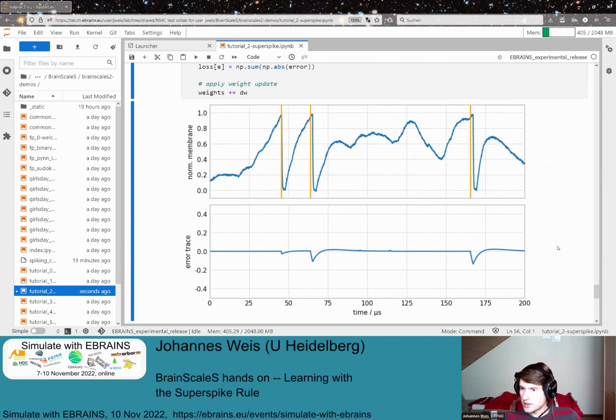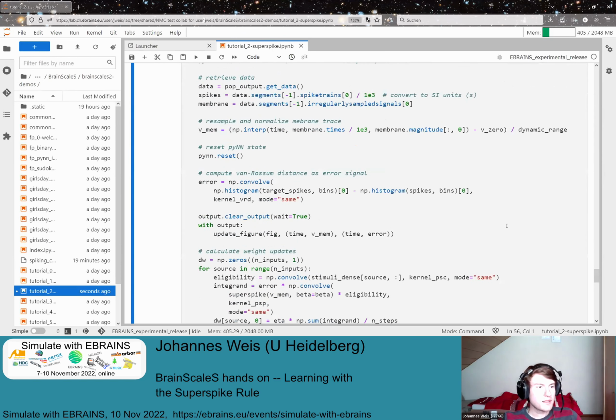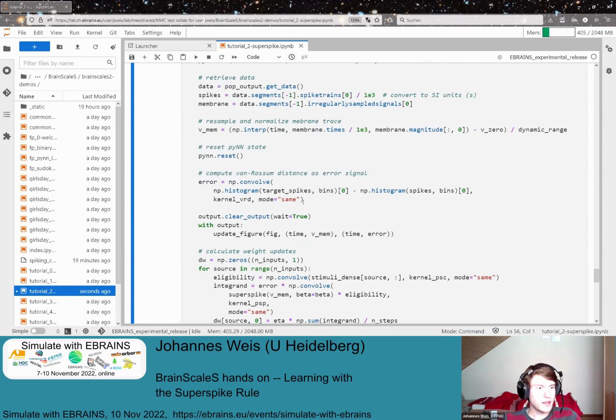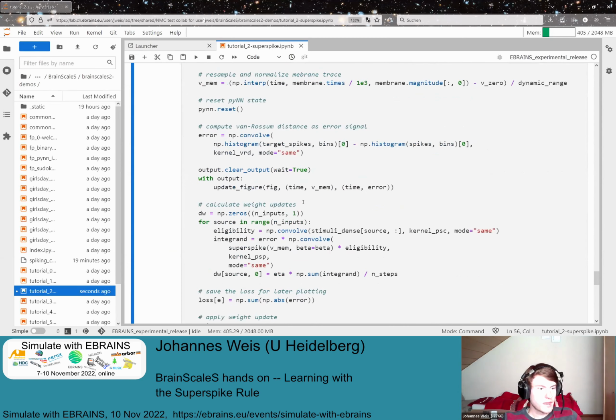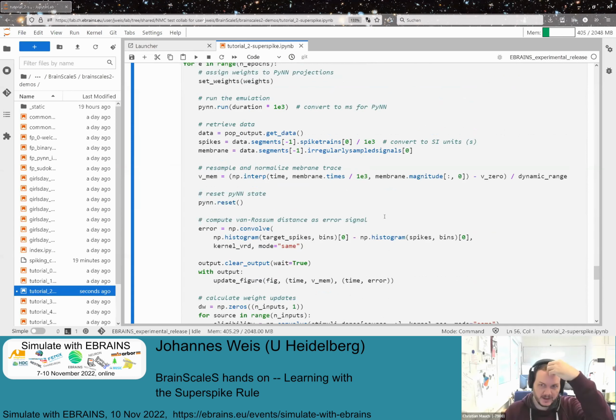There's a question: what does Pine reset do? Will it reset the hardware? I think it will not reset the hardware, but only the simulator state, in the sense that the outputs that are returned from Pine are cleared and all that, but actually Christian may know that much better than I do. Yes, I mean in Pine, in the software sense, our implementation of Pine run is a little bit off the